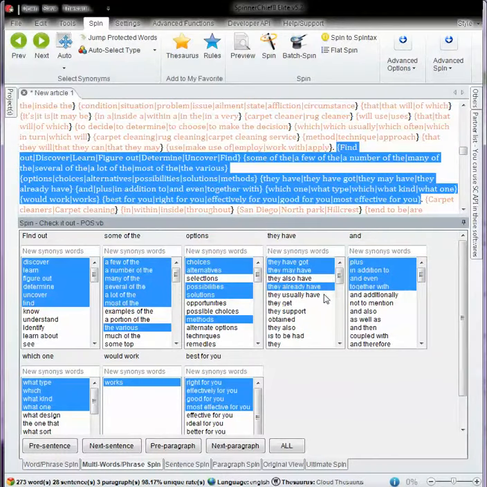Now, it does a regular spin, and then you obviously have to go through it and just make sure everything looks okay, that everything is readable. Options, methods, they have got, they may have, they already have, they support, and plus, in addition to, and even, together with,